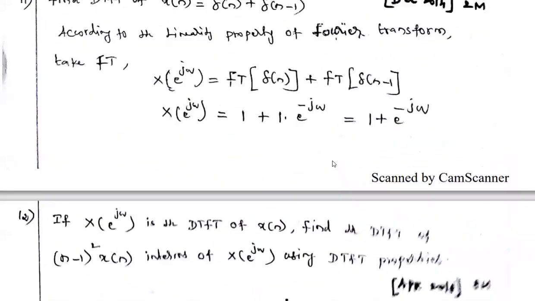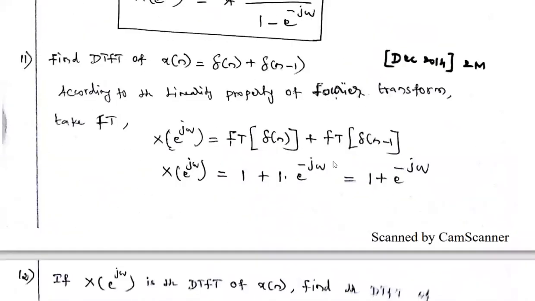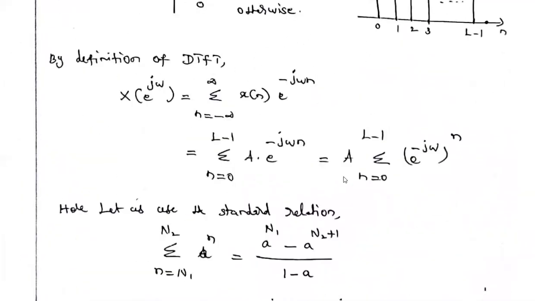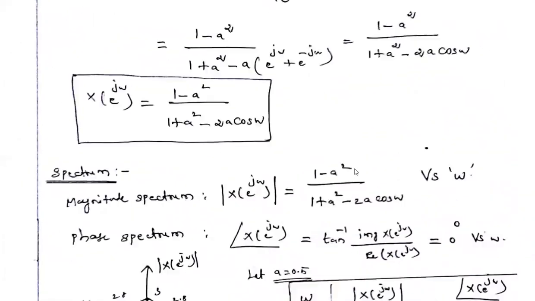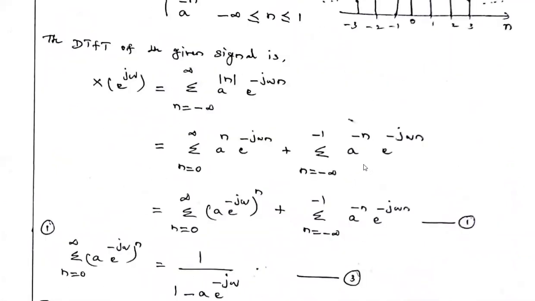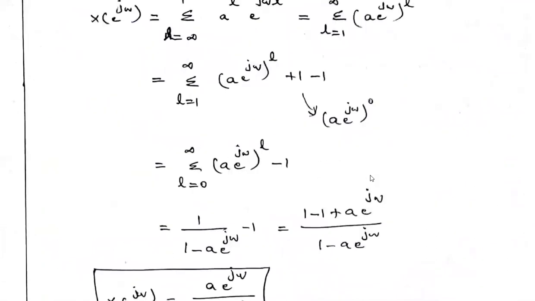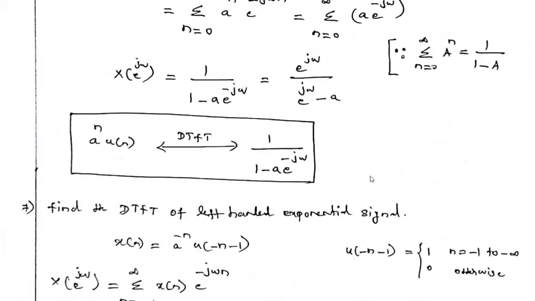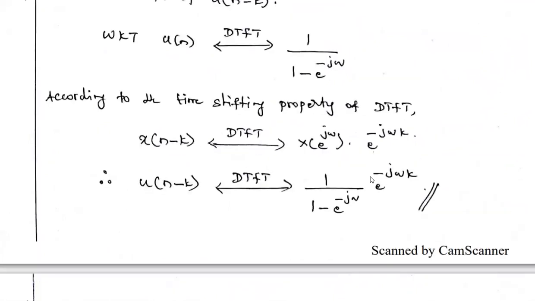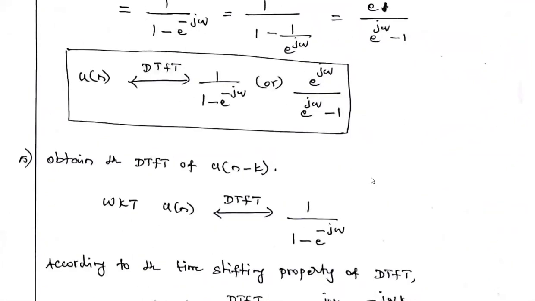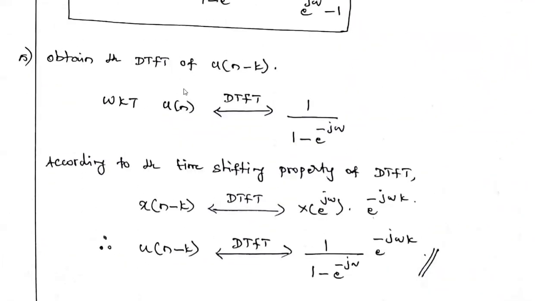And the next one, we are going to see this problem. We already solved the delayed unit impulse signal and delayed unit step signal in the first video of the DTFT, but now we are going to solve that problem using a property in a single line. What does that question mean? Obtain the DTFT of u of n minus k. What is u of n minus k? First, u of n means the unit step sequence.